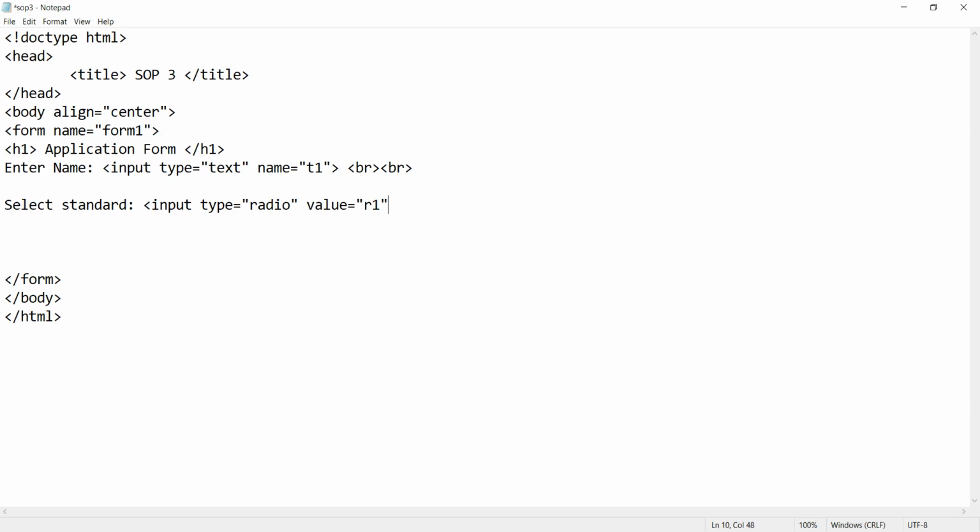First let me, okay, this is input type is equal to radio, value, name r1. Okay, sorry, name r1, value will be 11th.